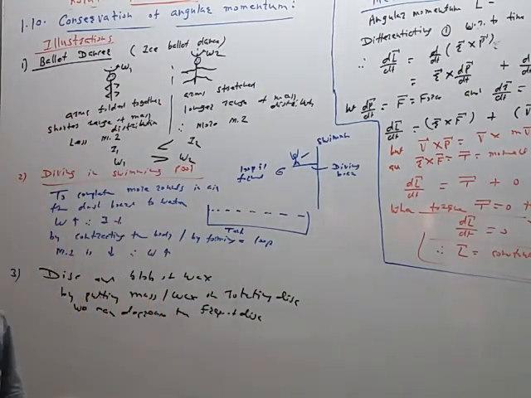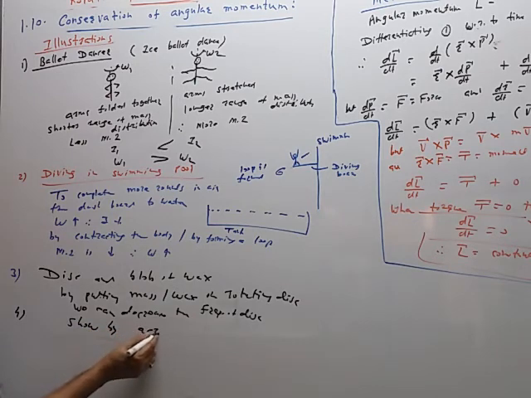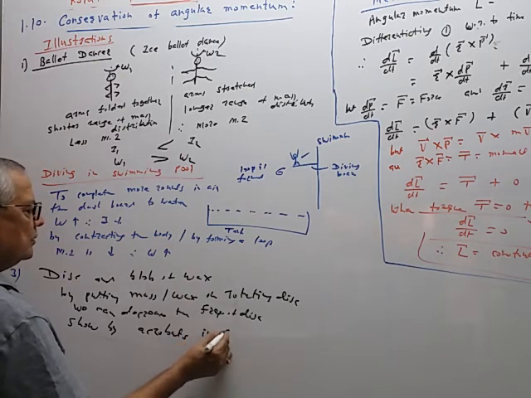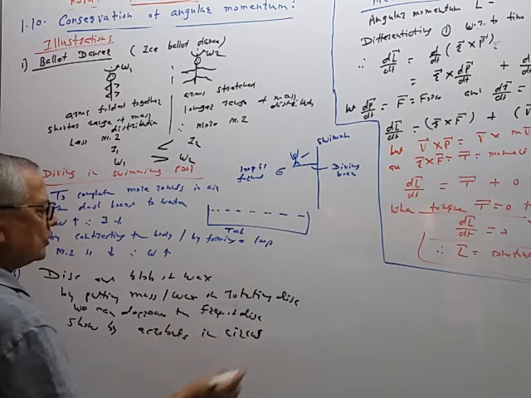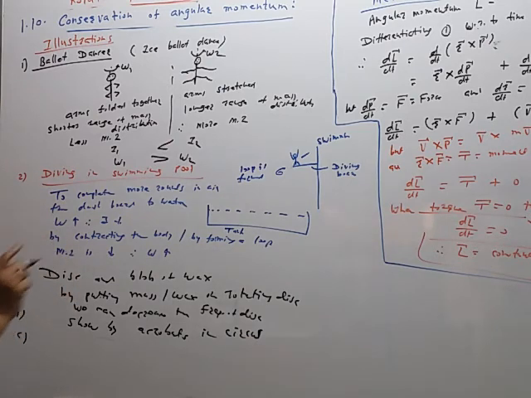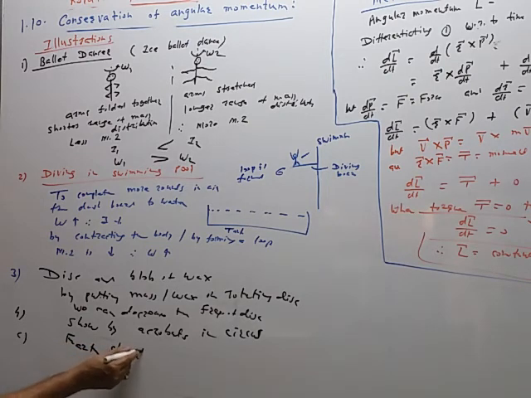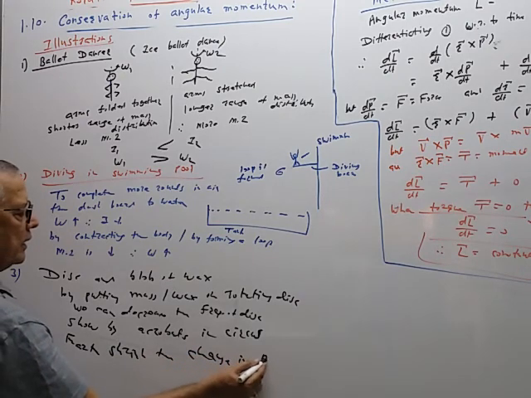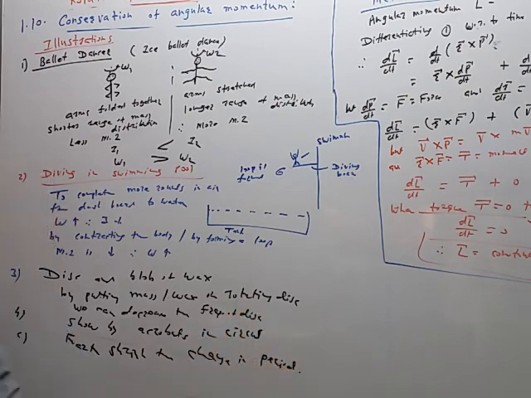The similar example can be given by the show by acrobats. We see some shows in the circus. The show by acrobats in circus. They also contract or relax the body from one swing to another swing like this. When the earth shrinks, then there is a change in the period. We will also see some practical problems of this.